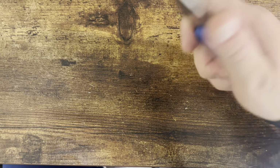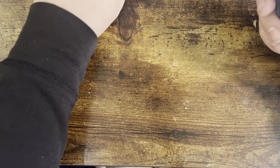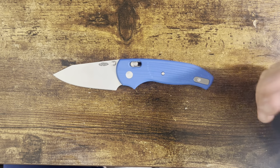It has this really good downward cant that gives you a lot of finger space as you're moving through slicey or draw cuts or all sorts of other tasks. And it really does it well. And its cost to value ratio,